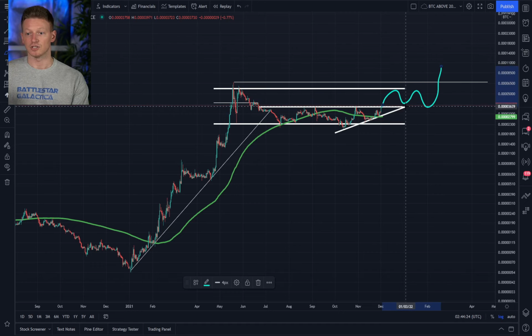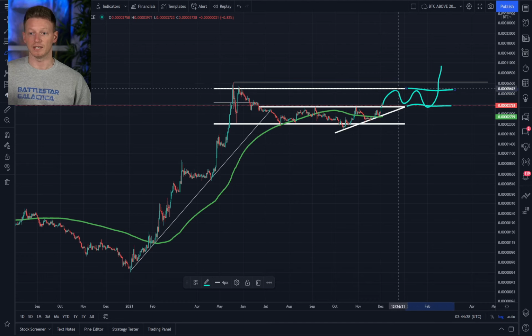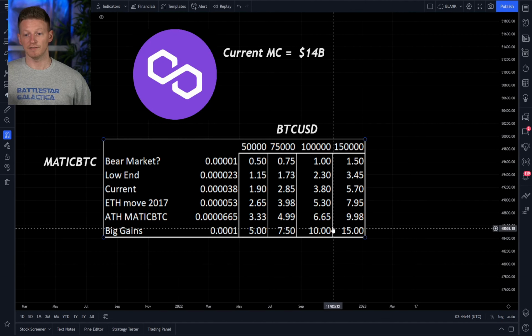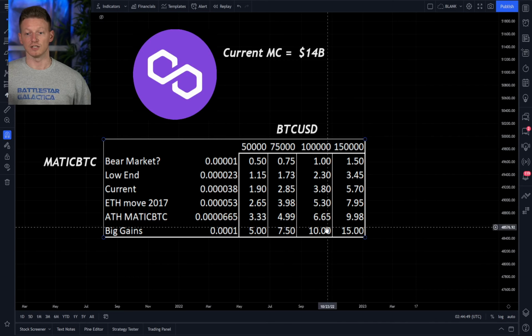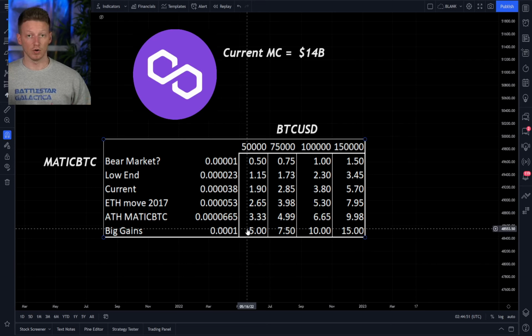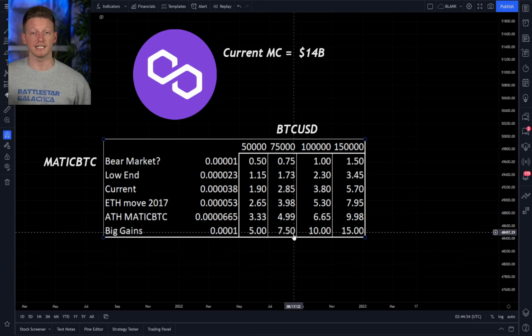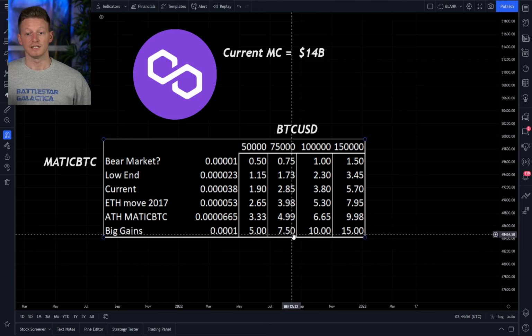And then, so I guess what these lines are is basically estimating that we will bounce within this support and resistance level where we're at right now up to our all-time high before breaking out up towards a 0.0001 MATIC to BTC. Okay, so if we were able to do that and Bitcoin were to get to $100,000, that's a $10 MATIC. Now, let's say Bitcoin only gets to $75,000, but we still are able to do that. That gives us a